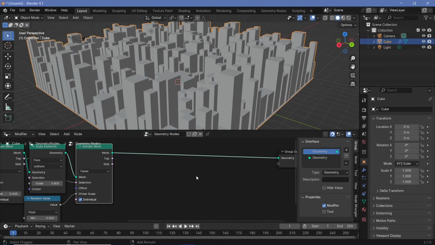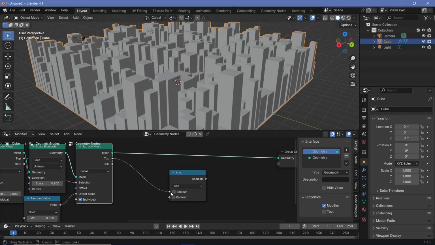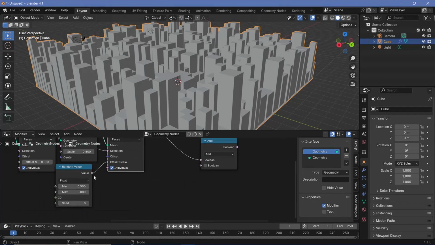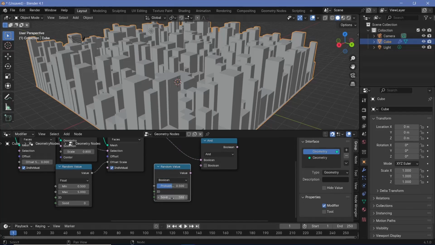So to do that, let's press Shift A and search for a Boolean math node. And now we can have the top selection and ensure that it's another random value. So let's select this, press Shift D, change this from float to Boolean, change the seed and plug this value into the Boolean over there. We'll reduce the probability down to something like 0.3. So now we're selecting only a few of these